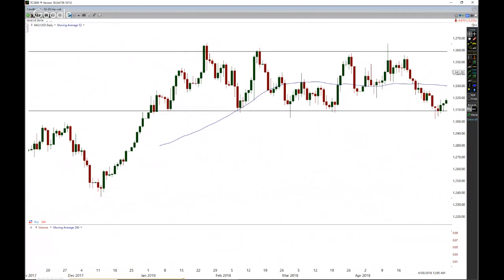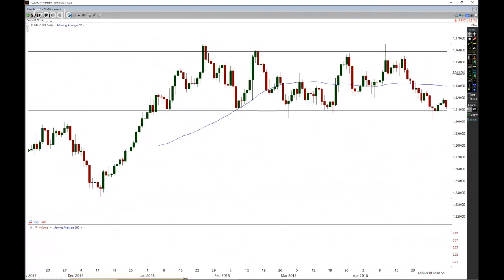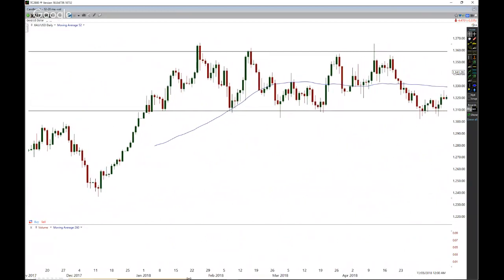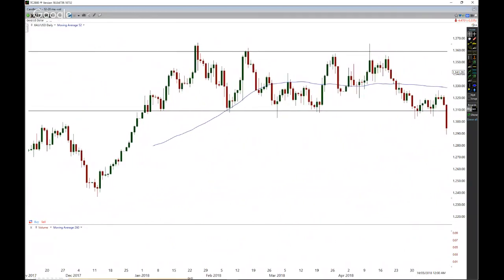Then guess what happened? The market went sideways and found support as well. Notice how we got a real strong support, right? And then we got a breakdown. Now there are two scenarios here. One, this breakdown is going to continue, and if it is, where is it likely to go? So there are two questions. One, is it a false breakout? And two, if it does continue, where is it likely to go?